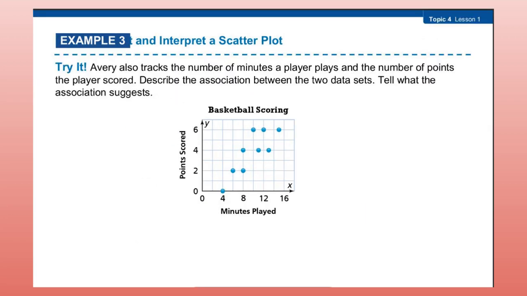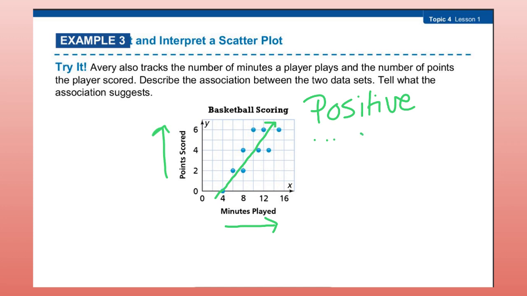This is example 3. Try it at the bottom of the page. Avery also tracks the number of minutes a player plays and the number of points the player scored. Describe the association between the two data sets. Tell what the association suggests. So it kind of is looking like our data is going this direction, which means that as x is increasing, y is increasing. That gives us a positive association,